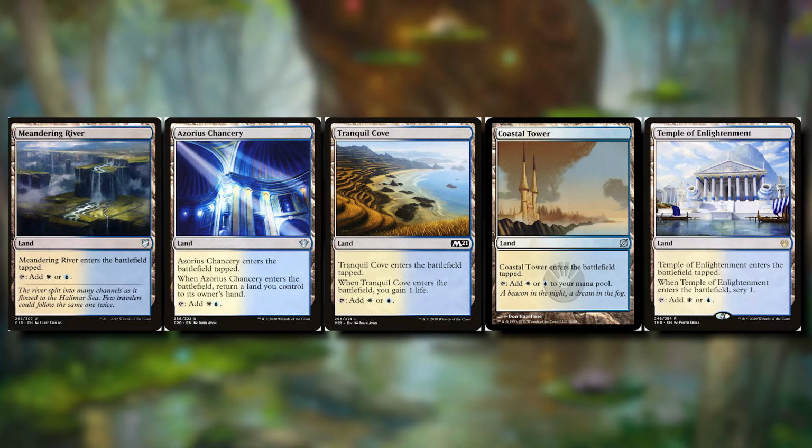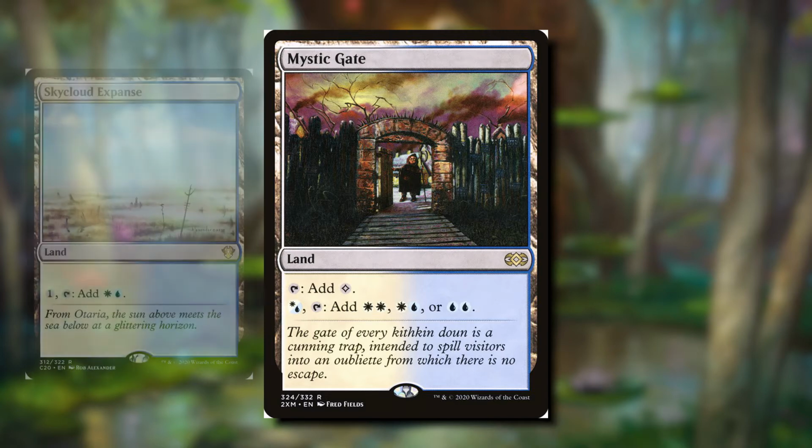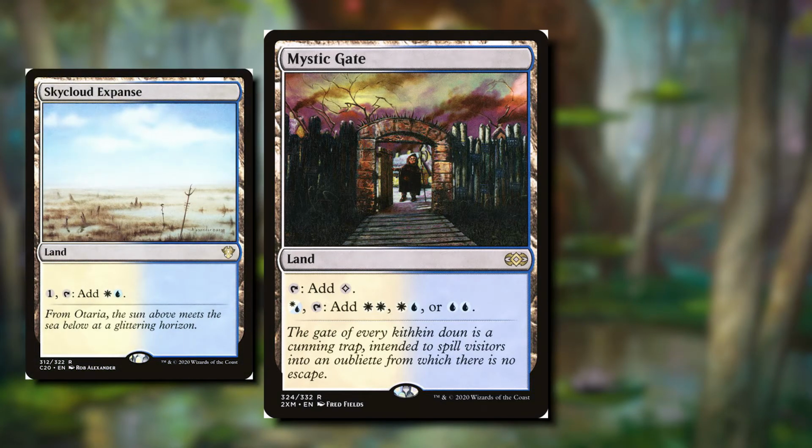In no particular order, let's talk about Mystic Gate. When it enters the battlefield, it doesn't come in tapped, which is awesome. We can tap it for a colorless, or we can pay white or blue to get white, white, white, blue, or blue, blue. This is like an advanced version of Sky Cloud Expanse, which only requires a colorless mana and we can get white and blue,